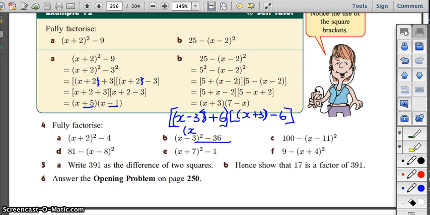Negative 3. Number line, Jazz: negative 3, negative 2, negative 1, 0. So we're going negative 3 and we're adding 6. Adding 6, we must go this way: positive 3. And this one? Positive 3. We're at positive